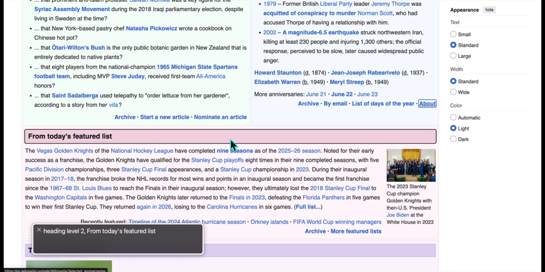Okay, so we see that it's completed that section, gone through the 2 different panels on that section, and it's moved to the next section, which has the heading from today's featured list. And then you can go on testing further. So this is the way that you would check for a meaningful sequence, which helps us determine that the screen reader